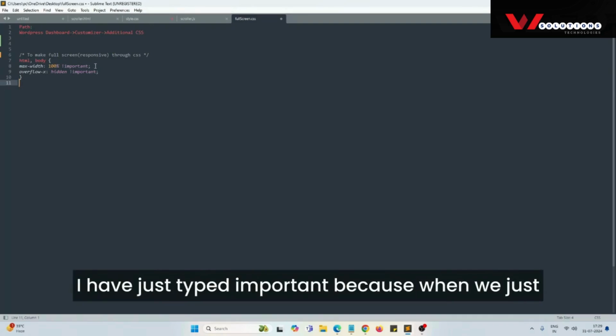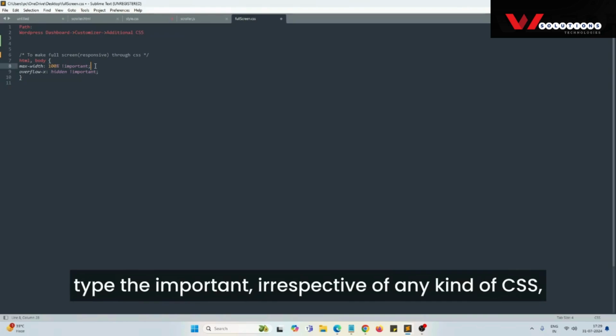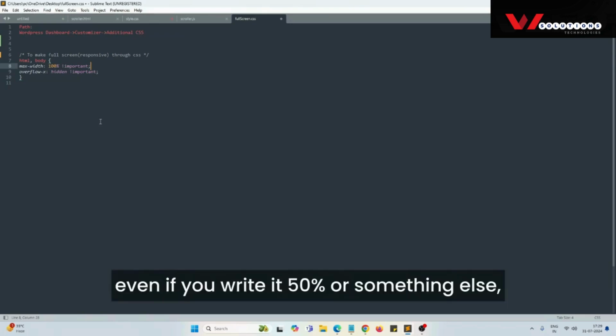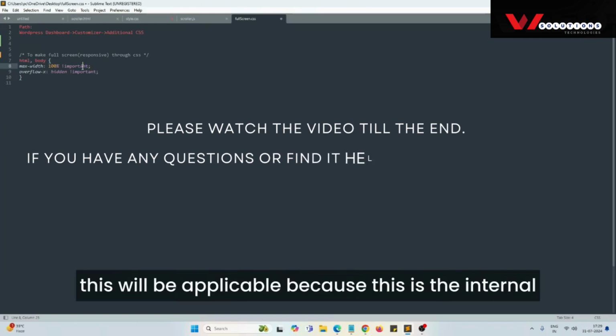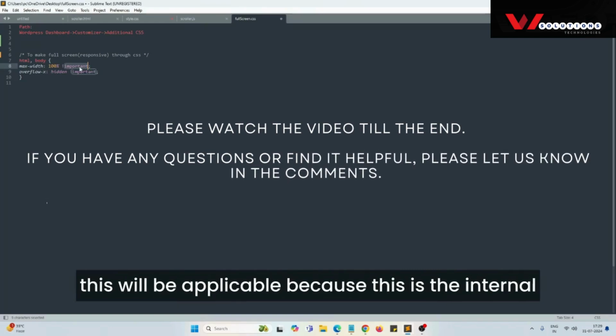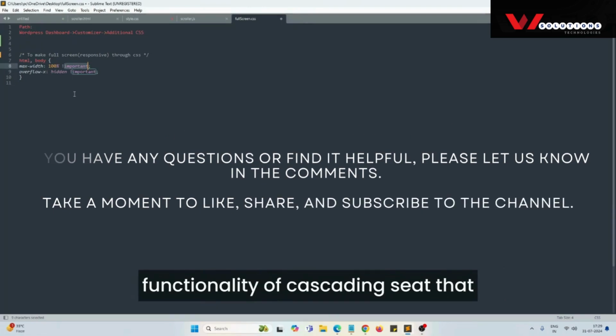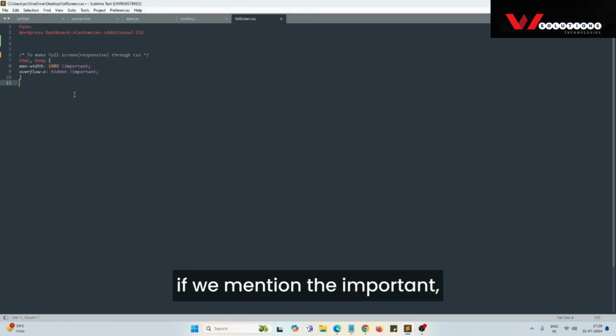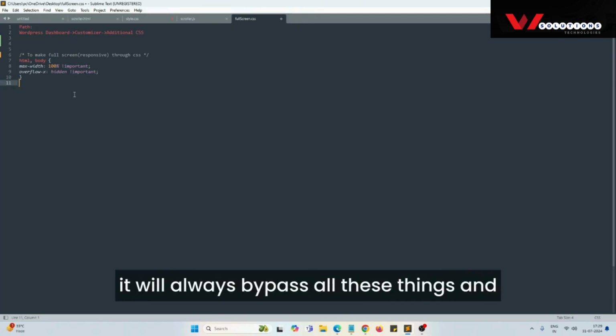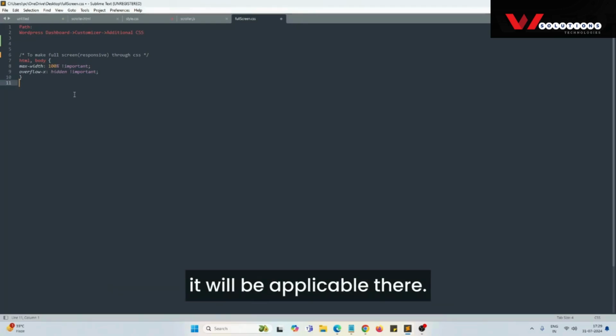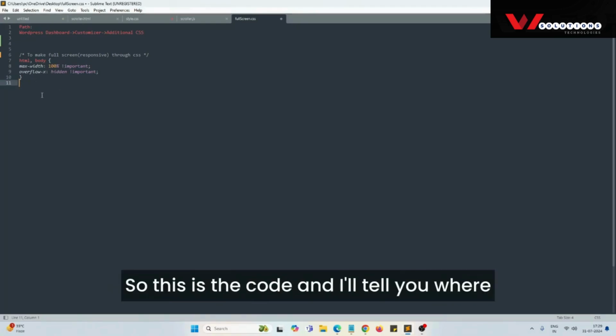I have just typed !important, because when we type important, irrespective of any kind of CSS, even if you write 50% or something else, this will be applicable, because this is the internal functionality of cascading style sheets, that if we mention important, it will always bypass all these things and it will be applicable there. So this is the code,